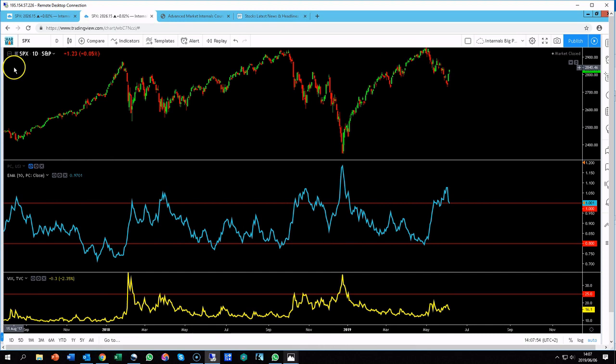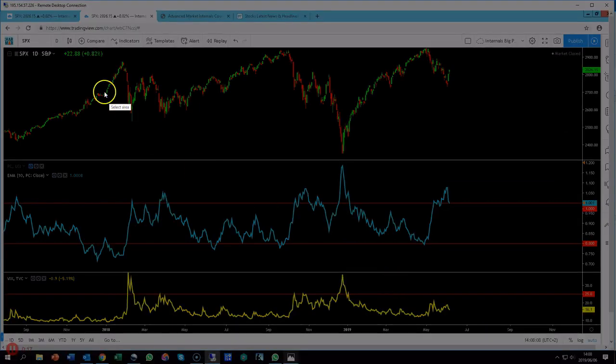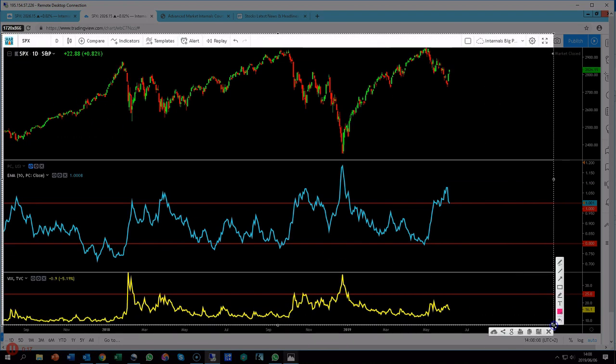We are looking at the S&P 500 on the daily chart, and I wanted to share something which is pretty useful, especially when there are market extremes, mad panic or complete and utter joy and no fear at all. This is a useful tool to make sure that you stay on the right side of the action. So if we look at this move down here, lovely move for the bears. They've been waiting for it for a long time.